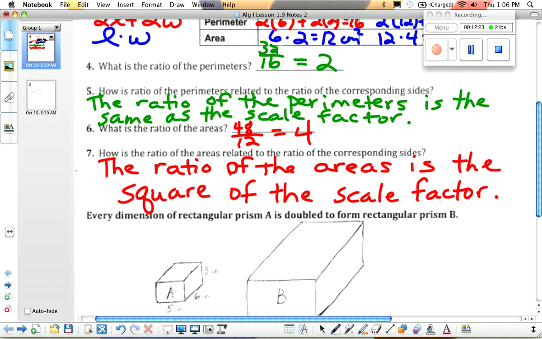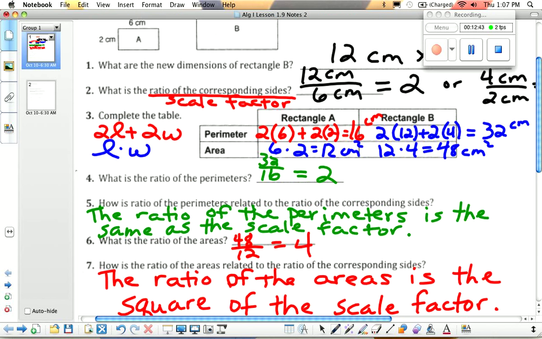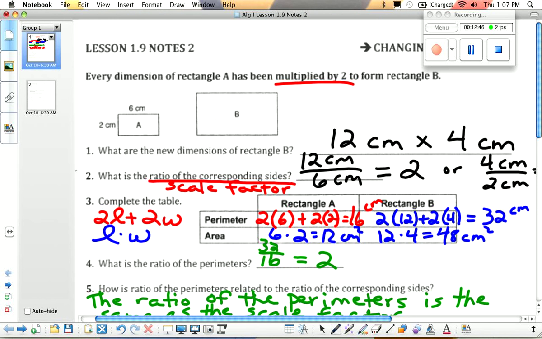So what if we quadruple the dimensions? What would happen to the area? How many times bigger would it get? 16 times bigger, because 4 times 4 is 16. So let me show you even up here, they're not really drawn to